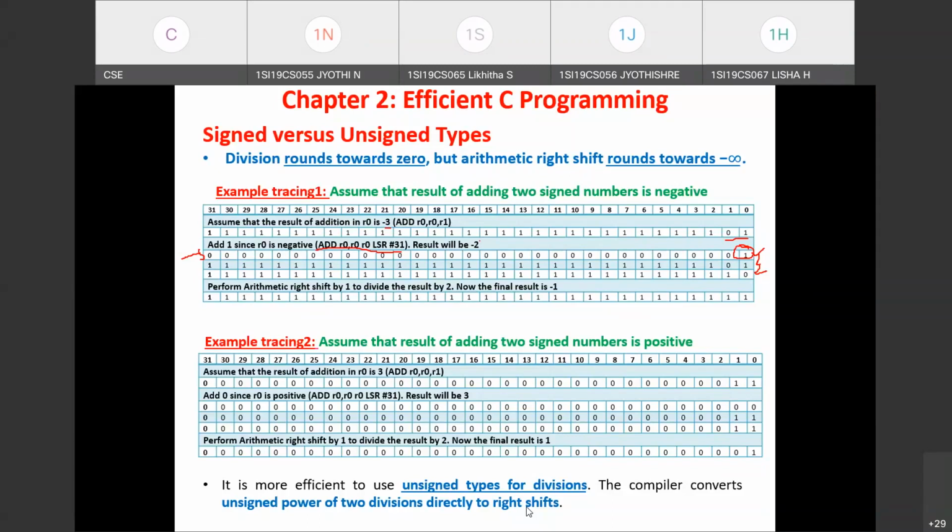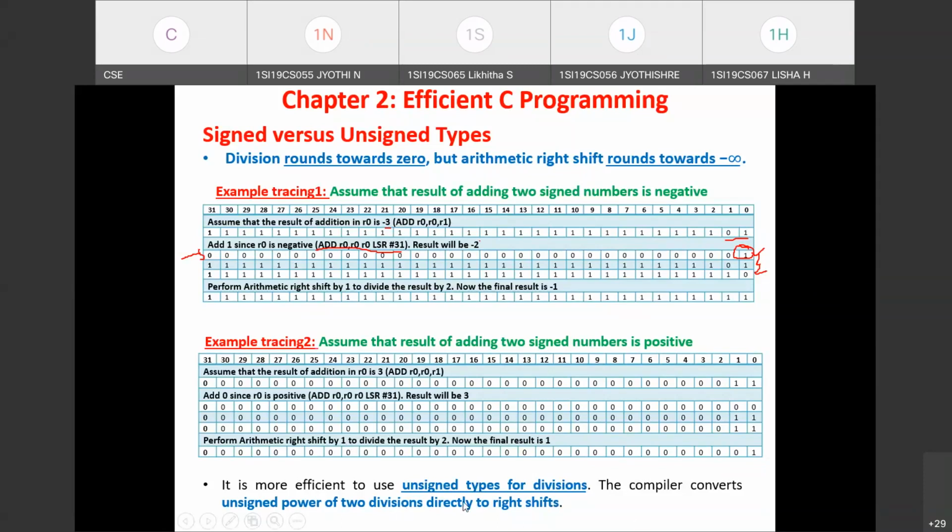And with respect to function arguments, what you have to remember: avoid using char or short data type. Make use of integer data type for function arguments. Similarly here, with respect to division operation, if you have to choose either signed or unsigned type, go for unsigned data type, since it reduces the code size and increases the performance when it comes to division operation. So directly it performs a right shift. It won't add 1 to the result and then right shift it as it did for signed results. Okay, so this is what you need to understand.